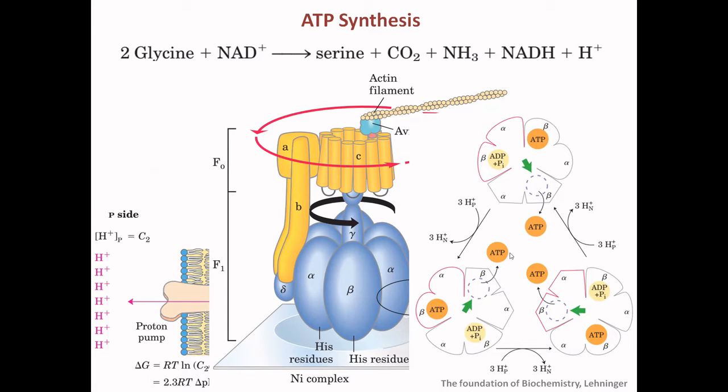Once one site is empty, at the same time the ADP plus phosphate will tightly bind to form the ATP, and a new ADP and inorganic phosphate will be recruited for the loose association. These three conformations are stabilized, and there will be another 120-degree rotation because of the passage of